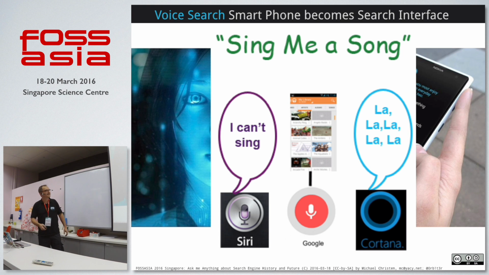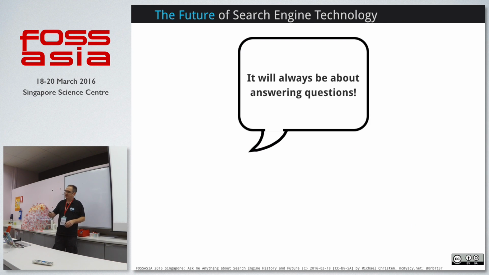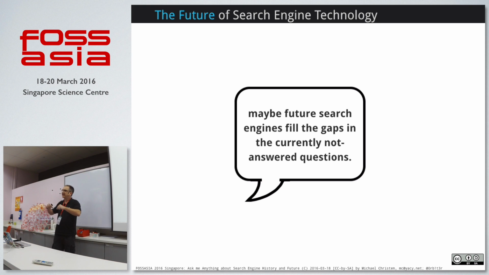But if people try this out and show, for example, at YouTube videos what they can do with this, they always ask silly questions. Do you love me? Like this. Only silly things. So people don't really know what to ask these devices. Is anybody of you using these kind of devices in a serious way? Really? You must tell me. The weather. Yeah, weather. So search is always about answering questions. So every question you have should be answered, and the future search engine will fill in the gap of the unanswered questions. That's my guess.